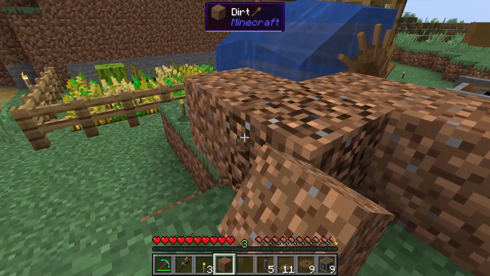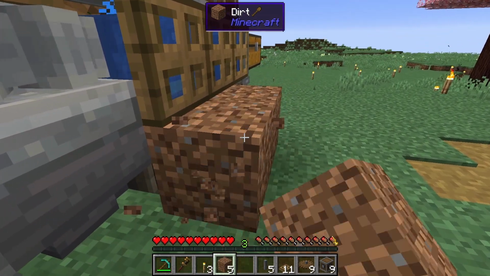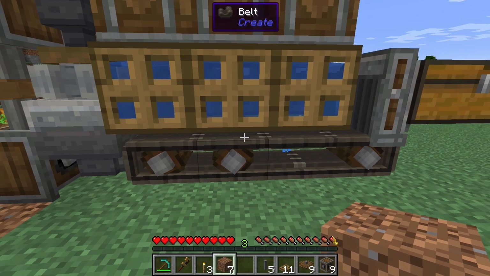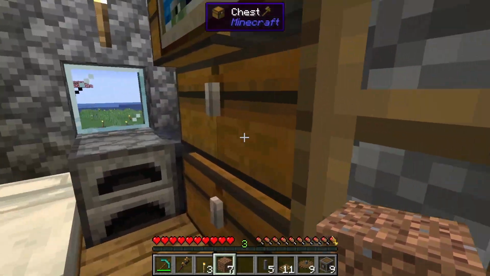What if I do this? That's got a good speed. Oh, this is moving. Because the thing is, we want this to move, but we don't want this to move very fast. So this slow speed is A-okay. Because what's going to happen is...